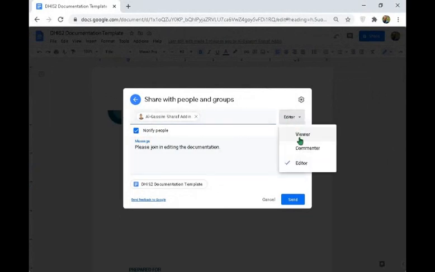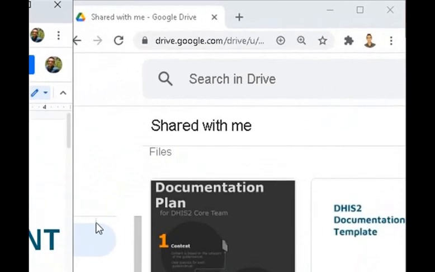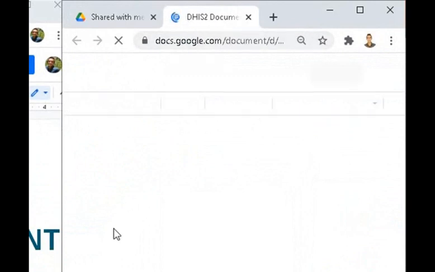I can choose either to allow this user to be a viewer, commenter, or an editor. I will choose an editor, but I will show you the difference later. So now the file is going to be shared with the other account. The person has been added as a collaborator in this document. So what that means is that if I open this document in my other account,